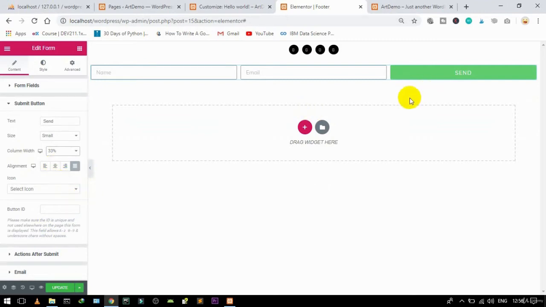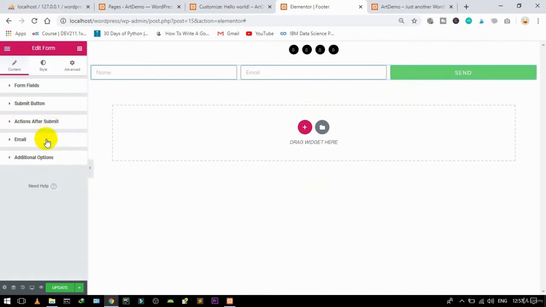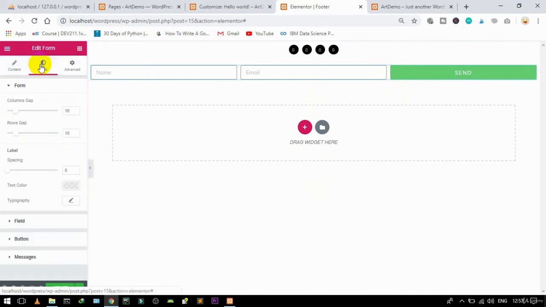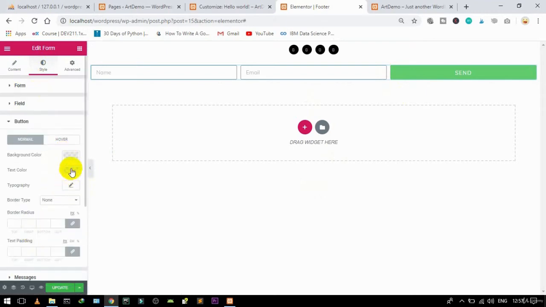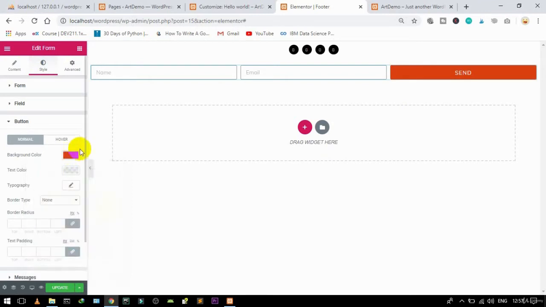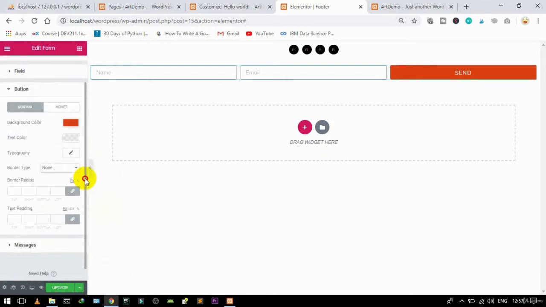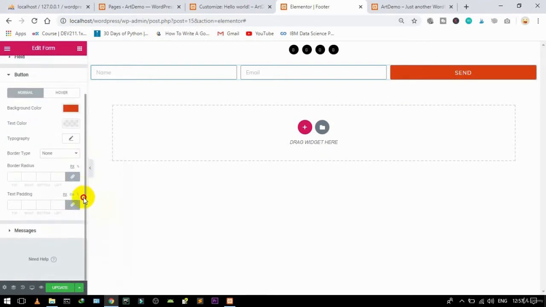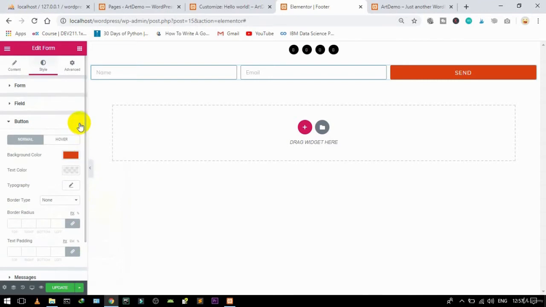Okay, and for this color, I don't want the green here. Styles, the button, background color, I want it to be our default color, and that's okay. I think that's okay for me, but